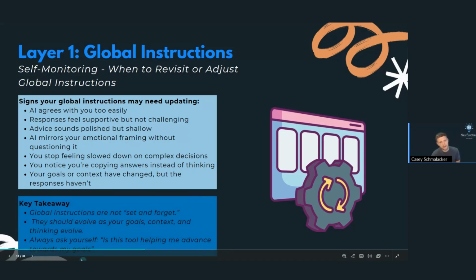So, a key takeaway here is that global instructions are not set it and forget it. They should evolve as your goals, context, and thinking evolve. And always ask yourself, is this tool helping me advance towards my goals? The other piece that I will point out, they are constantly updating these AI tools.